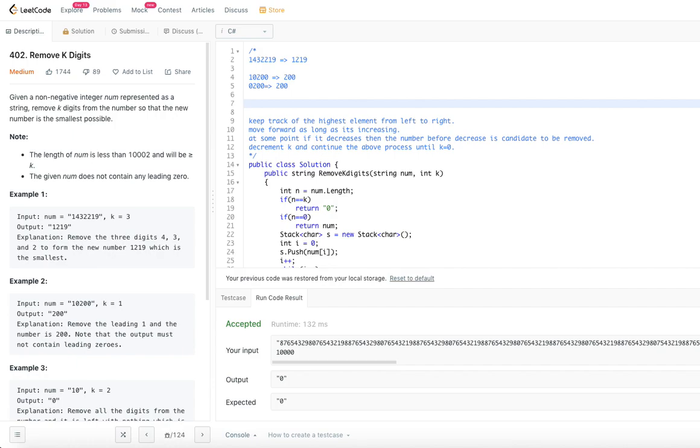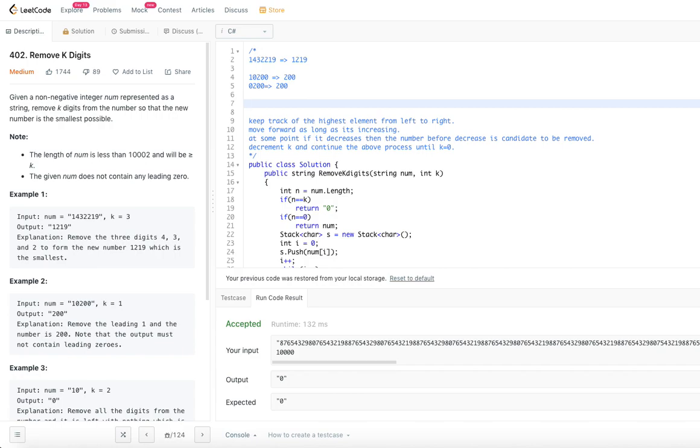So we need to make sure that after removing the maximum digit value in the number string, we will achieve the smallest number possible. So that's one thing.